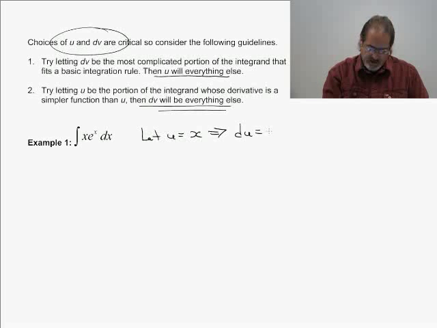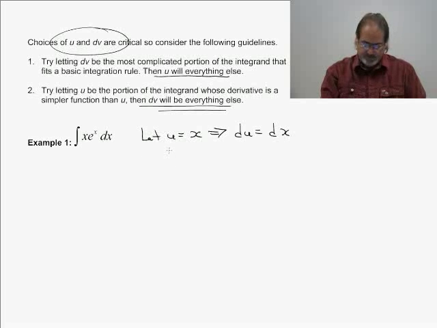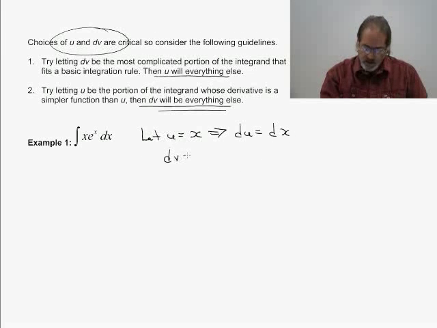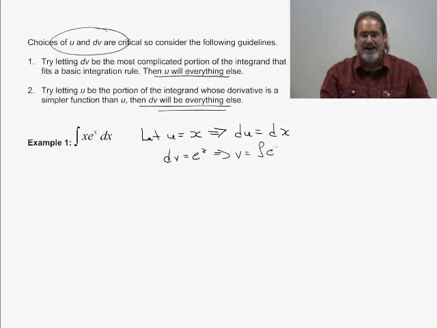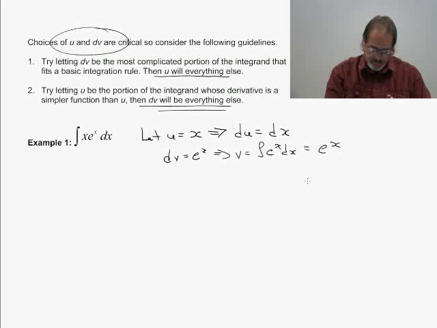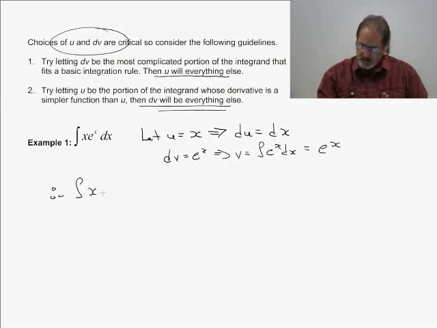That would mean that dv must be e to the x, which means that v equals the integral of e to the x dx, which is simply e to the x. Now I have all the pieces I need to put this together. Therefore, the integral of x e to the x dx is actually equal to, I'm going to write this down for you,